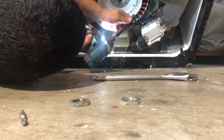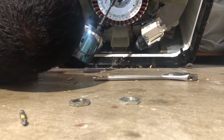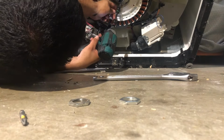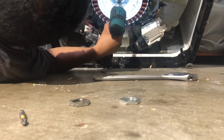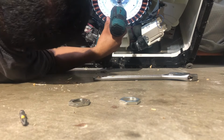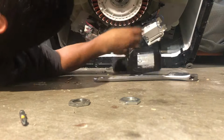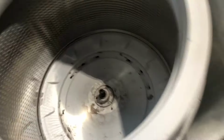So you gotta kind of maneuver through it to get it in place. And I forgot to put the screw. Alrighty, so put the screws back in. You want to be careful not to strip them because this is what grabs the shaft to the tub to make a turn. Alright, once you're done with that, you can put your washer plate back on